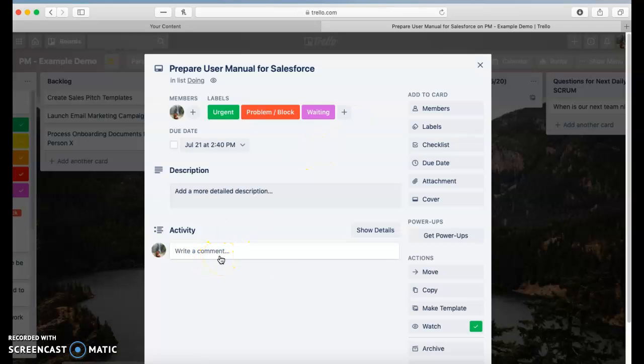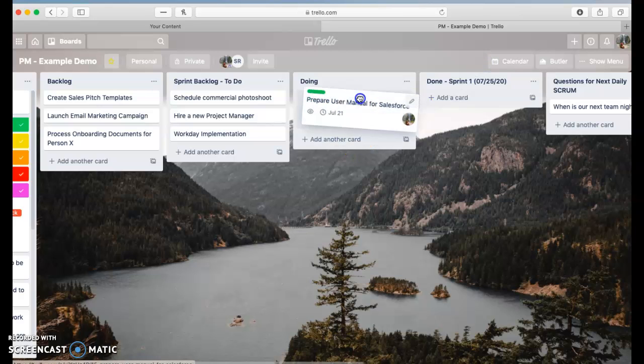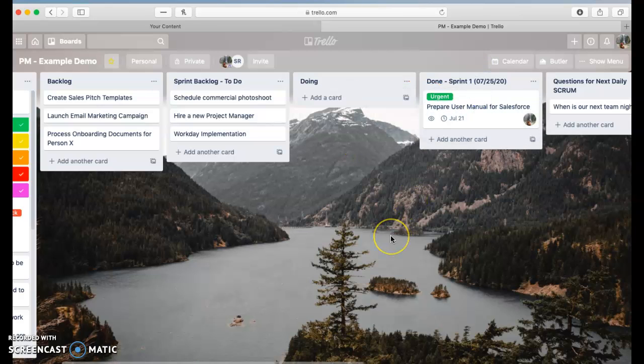Write a comment. So the whole communication would be in here. Of course, I can call them if I see there's something that I can't just fix by removing the obstacle for them. But ideally, I will solve the problem for him. We would take the labels off and move it to the done table. We also would switch the headlines there. This is the done table for sprint number 1 that ends next Friday. I think it's actually next Saturday here, but